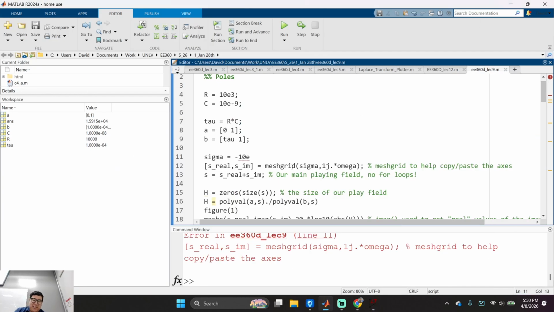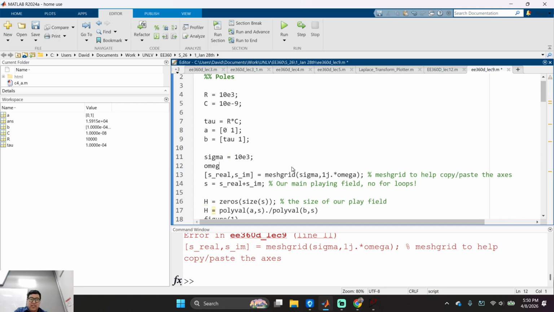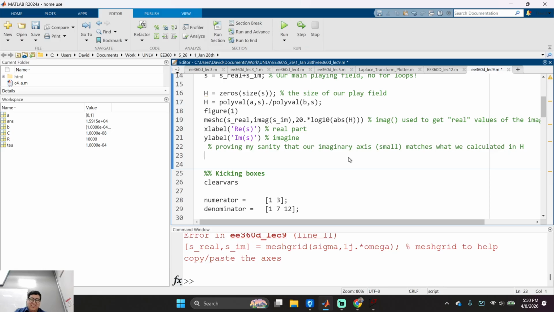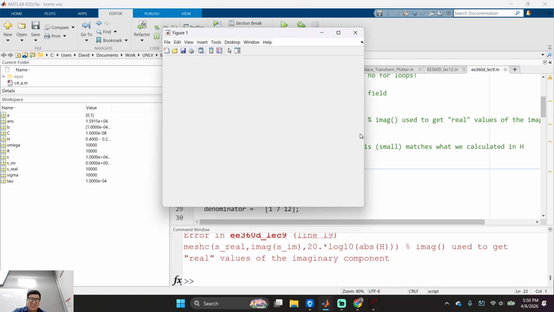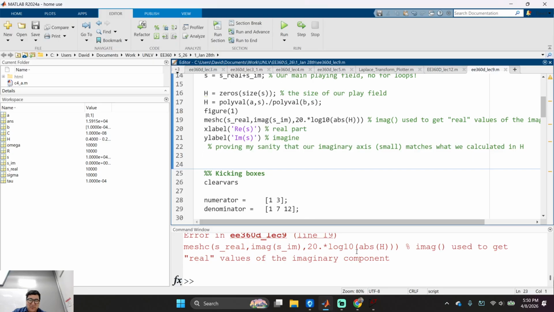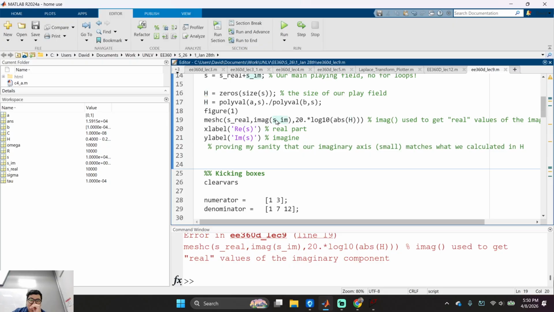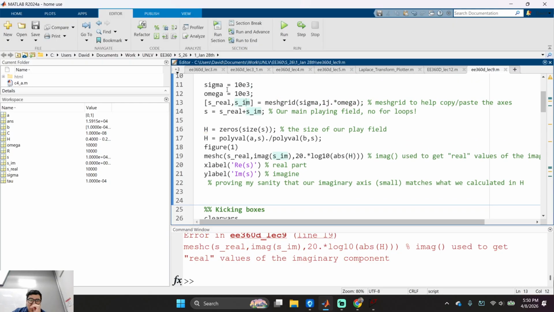So I'm going to do the following, okay? Someone's going like, what the heck is David doing? 10E3, okay? And then omega is equal to 10E3, okay? I'm creating my frequencies, okay? Boom, boom, boom, boom, poly. Get rid of this, boom. And let's run this. What did it bark at? Imaginary. Oh, H, okay, S, sigma, omega, okay. Give me a second, y'all.